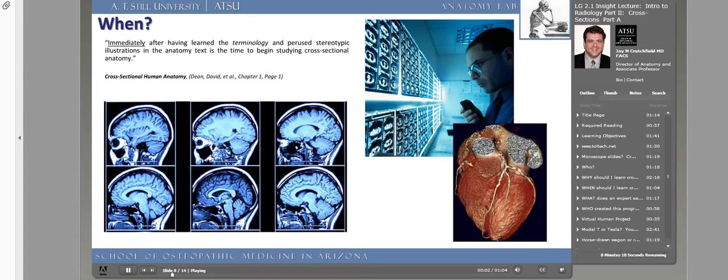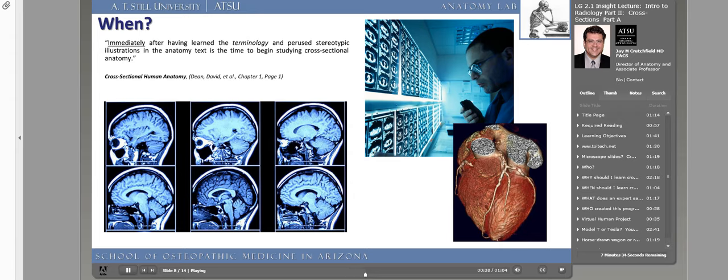You may ask, Dr. Crutchfield, when am I going to have time to learn all of this? You're expecting me to learn anatomy, embryology, physiology, biochemistry, pharmacology, and hematology? When is there time? Are you nuts? The truth is, you need to learn cross-sectional anatomy now. In fact, the author of the textbook and I both agree. He says, immediately, after having learned the terminology and perused stereotypical illustrations in the anatomy text, is the time to